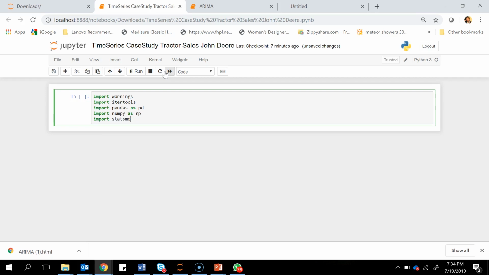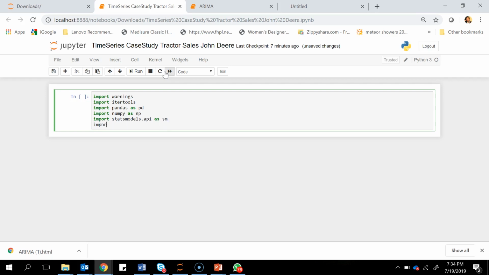Then we will import statsmodels.api as sm. So these are some libraries that we'll need. statsmodels.api provides you a host of functions that you can use to build predictive models. It also builds logistic and linear regression, but we'll be primarily using it for time series in this case, right? So let's import for time series.